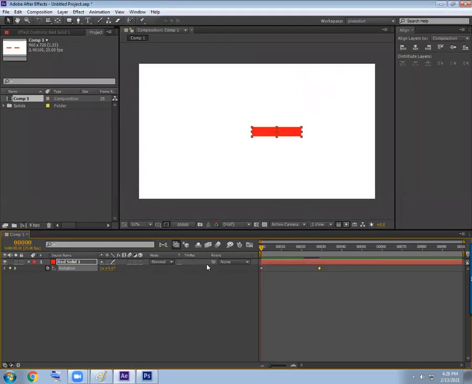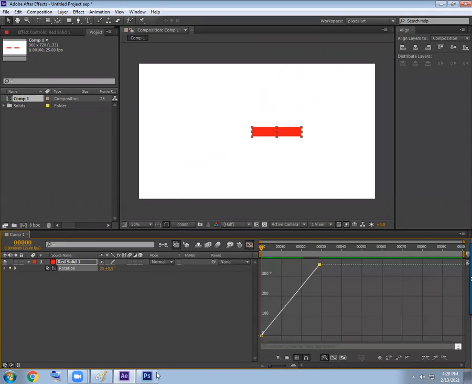And it can be shown inside the timeline by switching on two commands. One, beside your property, you'll find a graph command. And over at the timeline, there is a graph command. Is it okay? How to activate the graph panel?